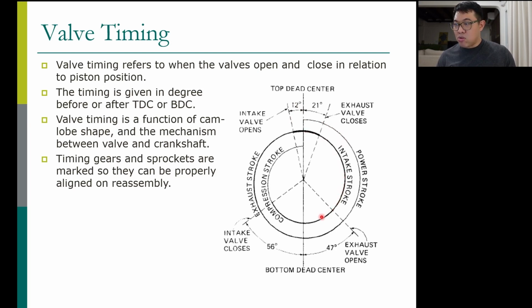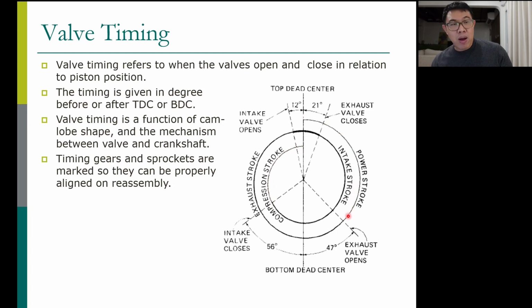until it closes a while after the bottom dead center. So the intake valve closes about 50 degrees after the bottom dead center. It keeps waiting until more air comes in, so the piston moves up a little bit and then it closes. After that, with the intake valve closed, you go through the compression stroke, and then you go to the power stroke,